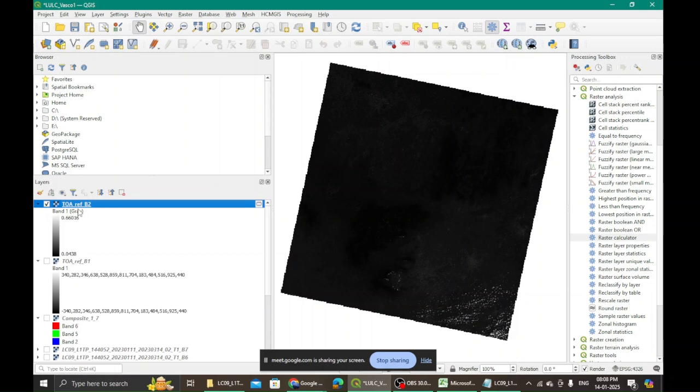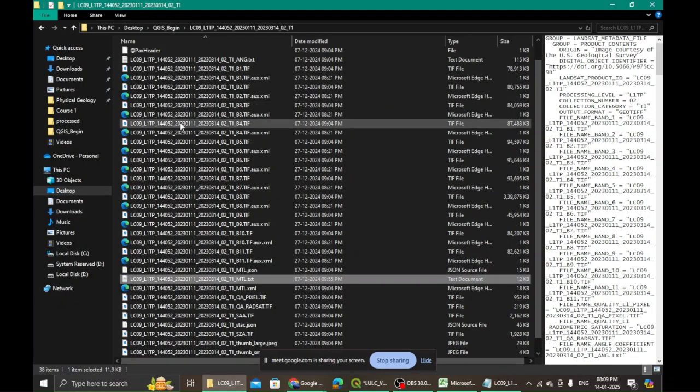Okay, so once I upload it, you download that particular file and keep it with you, unzip it, bring it to the folder where you are working, and then start correcting the bands.